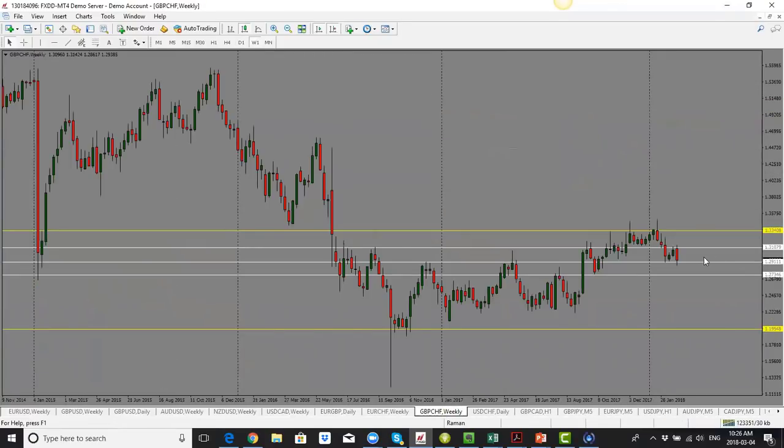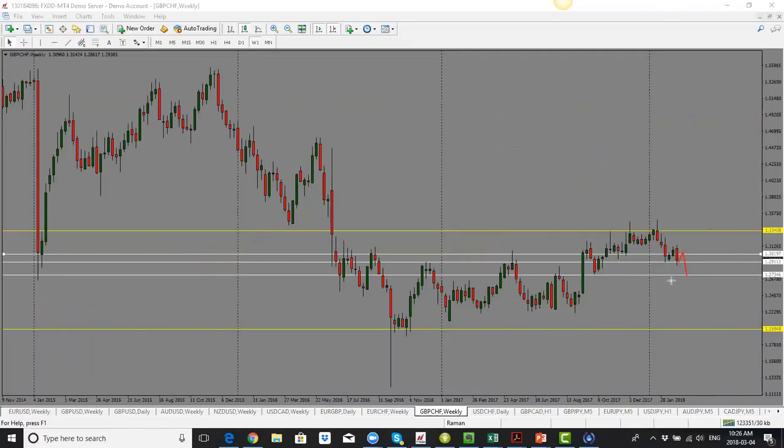Pound Swiss franc here, we have a bearish move. So I'm looking for a continuation to the downside. And in this case, again, we could get some pullbacks here. So I would be looking for a pullback and to sell into a pullback. My bias is to the downside, 127.30, or 127.50, which is the bottom of this candle here. That will be the support and resistance level I'm looking for as my target. My bias is to the downside for pound Swiss franc.